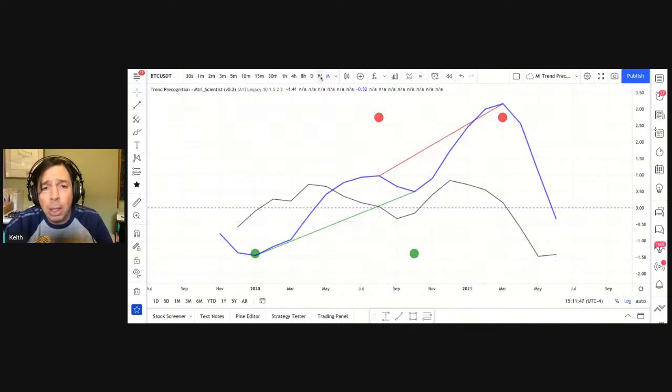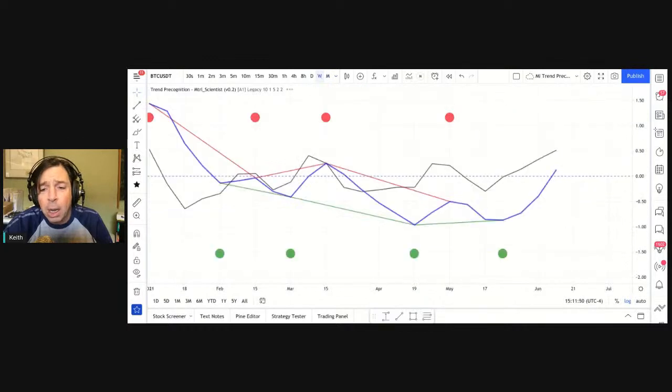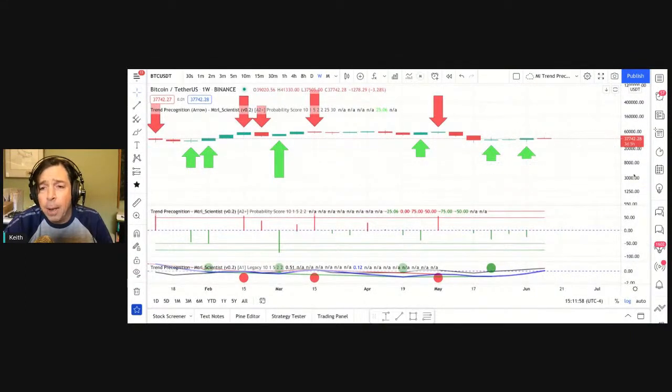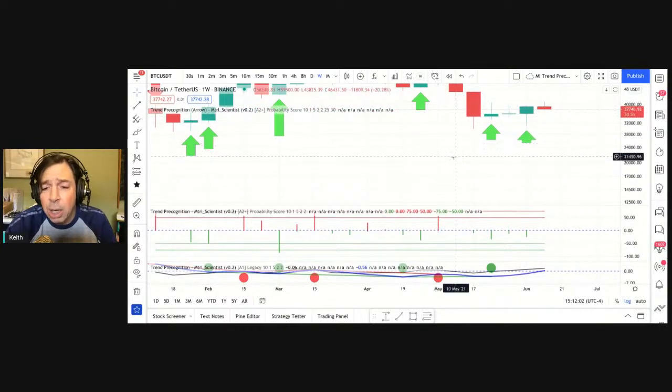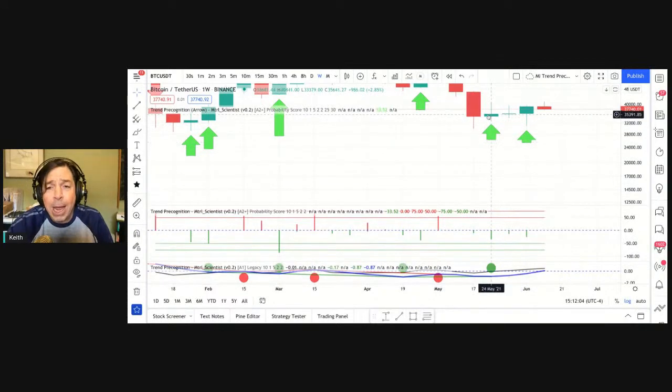So let's take it now to a weekly. On the weekly, it says we've already crossed that line and we have seen a change. Let's go look at the chart now. Weekly suggesting that there is a change, trend reversal already in play since the week of May 24th.